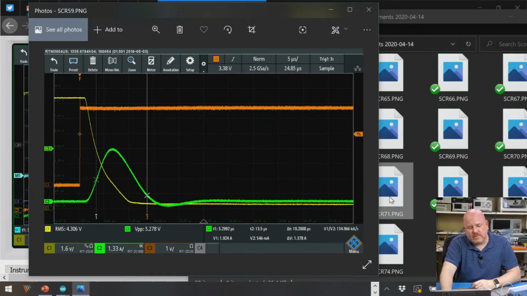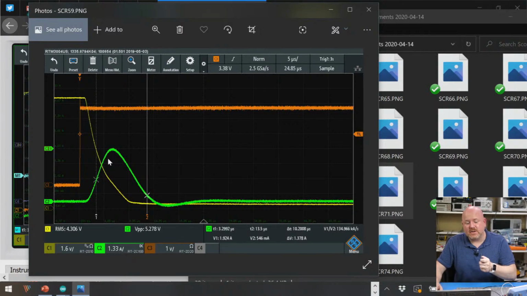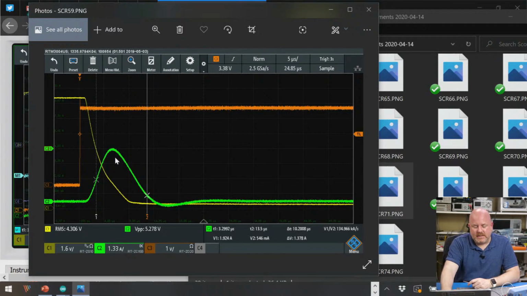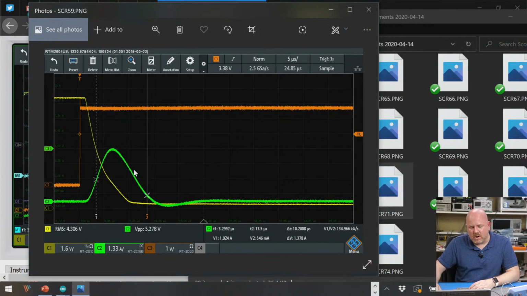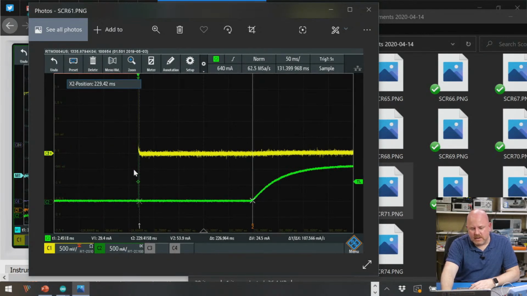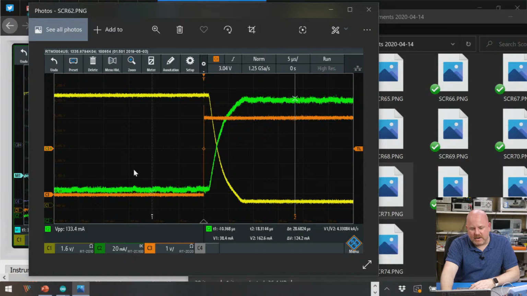Yeah, so I was like, what is going on? The first thought I had was, well, maybe my current probe is not de-skewed. So then I disconnected everything, and hooked up just the current probe and the power supply, and I noticed that the load would turn on nice and slow, and then do this. So this curve looked right, this one looked wrong, and I couldn't figure out what was going on. And so eventually what I figured out